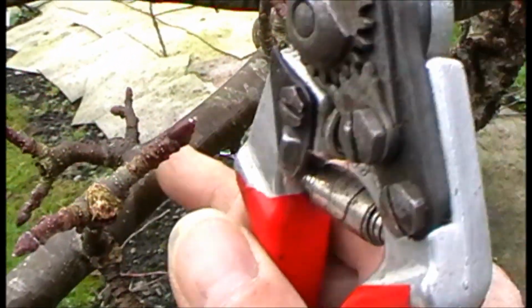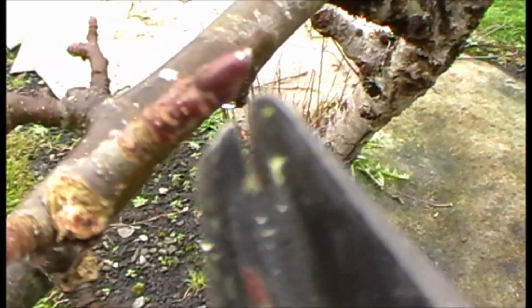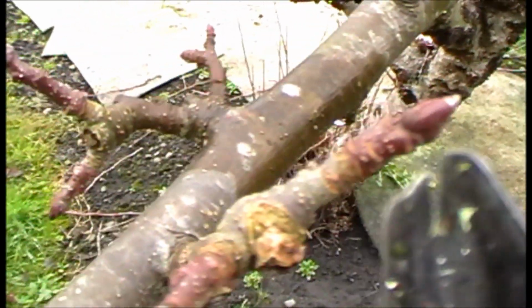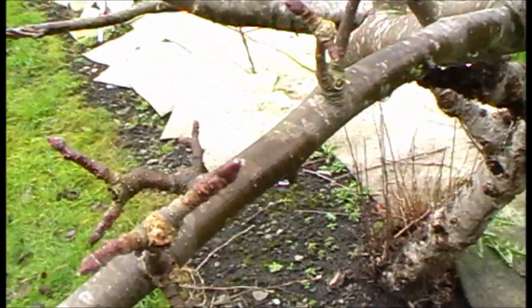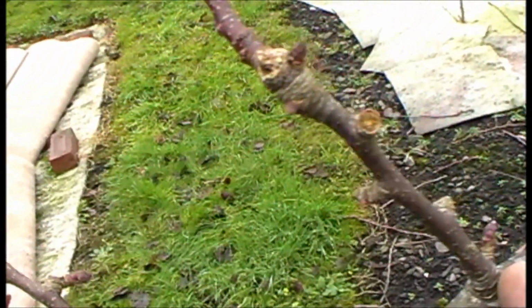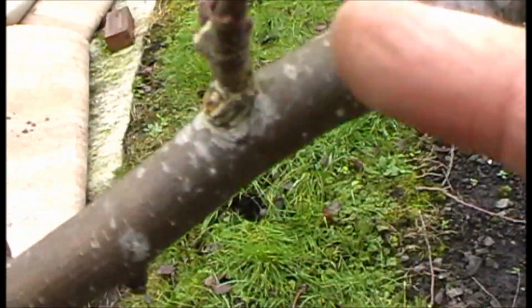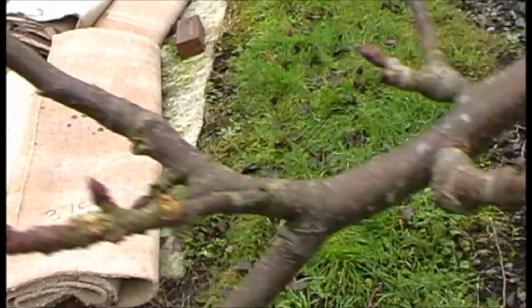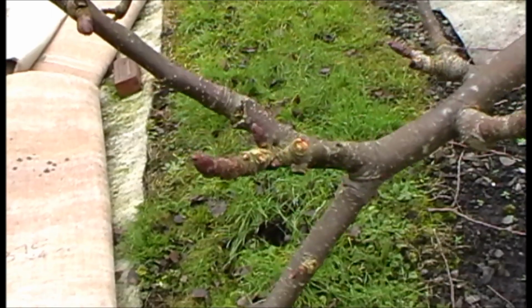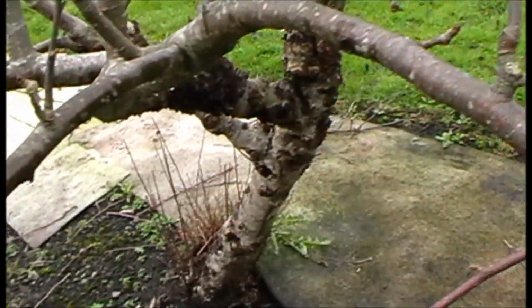And then if you come along a bit more, you've got another spur system here that's got 1, 2, 3, 4, 5, and on the other side there 6, 7, again 9 or 10. And this one, come along a bit more, 1 there, 2, 3, 4 on that one, another one here, that's got 2 on it. So if you add them all up, it's probably about, there could be 50 or 60 fruit buds on just that one branch, and the same story would be